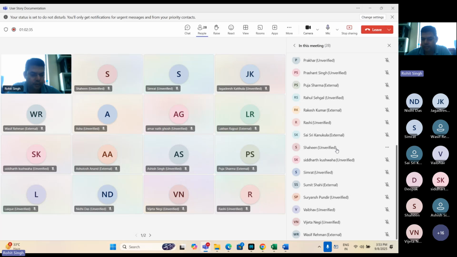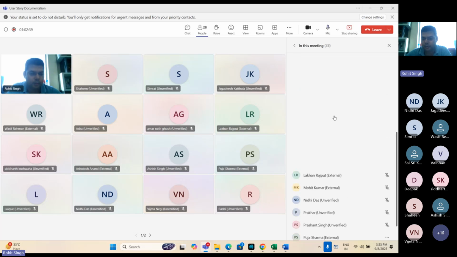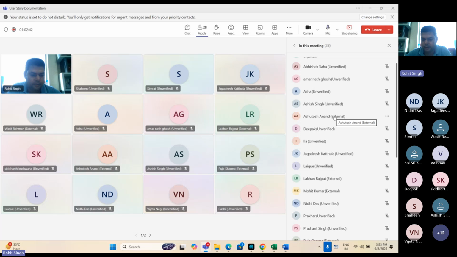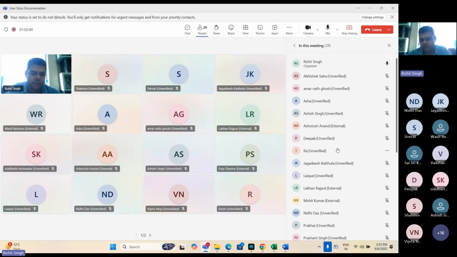विजेता वासिफ वैभव सूर्यांश सुमित सिमरत सिद्धांत शाहीन साई राशि राकेश राहुल पूजा प्रकाश प्रखर निधि लखन मोहित जगदीश शीला दीपक आशुतोष आशीष anyone आशा अमर अभिषेक